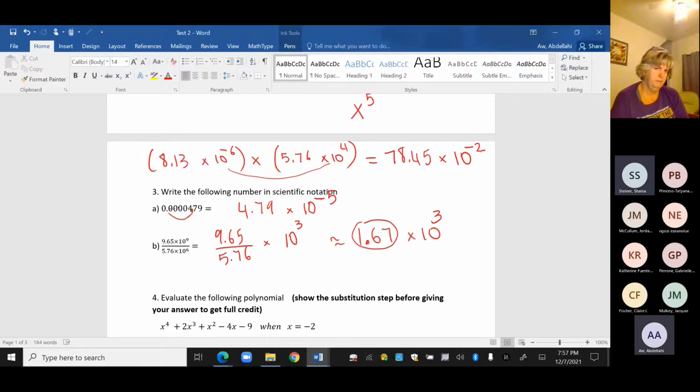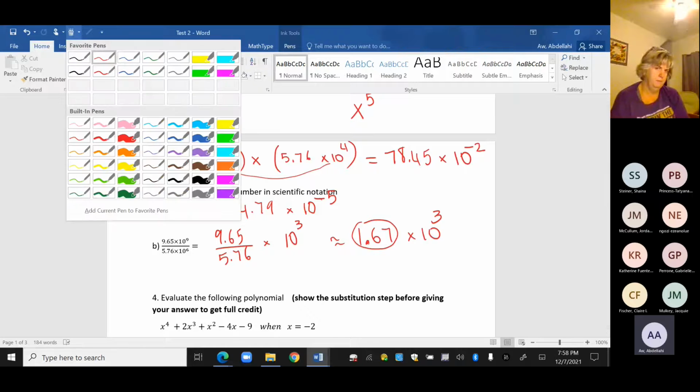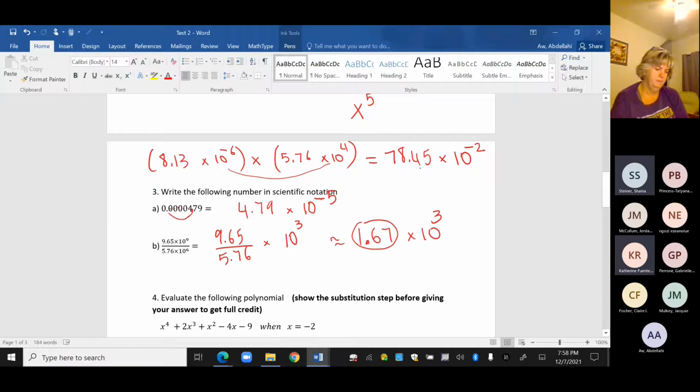No. You have to move. It is not, because 78 is bigger than 10. So we have to move the decimal point. Do we move it to the right or to the left? Left. We have to move it to the left 1 digit. So we get